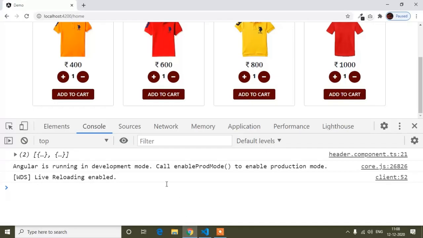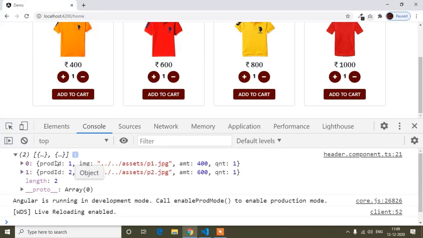So now you can see I can get the products, how much product I am adding into the cart locally. So if I check the length, it means 1, 2. In the JavaScript tutorial I had already made a video about length. So if you want to know more details about length, you can watch my JavaScript tutorial.